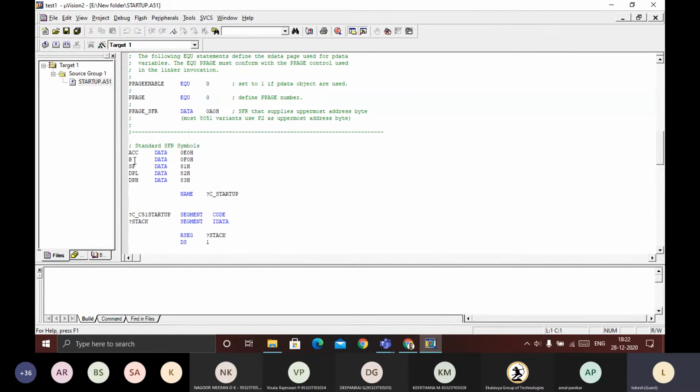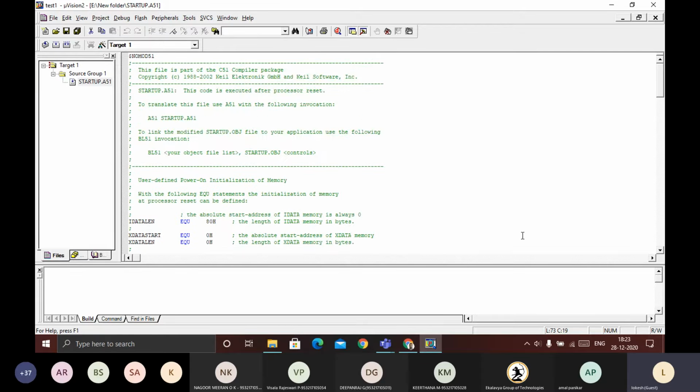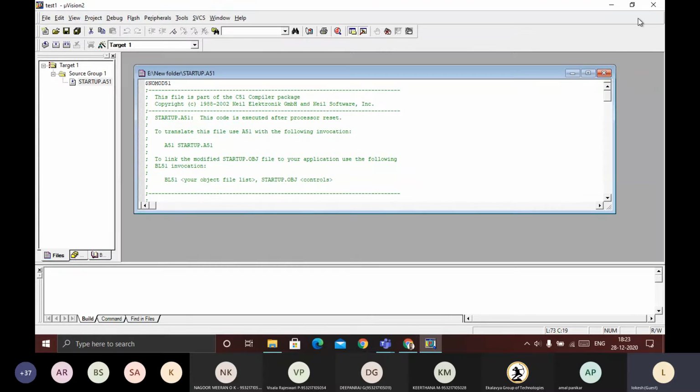Accumulator, SFR symbols, and what is the address. You can see ACC has E0H, SP has 81H, DPH and DPL have 82 and 83 memory locations. Or you can see the symbols like that. All the startup files are given like this.